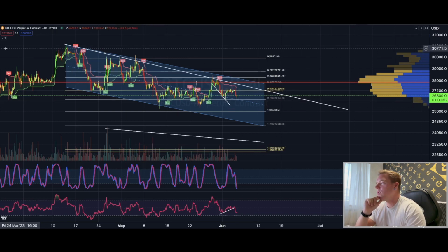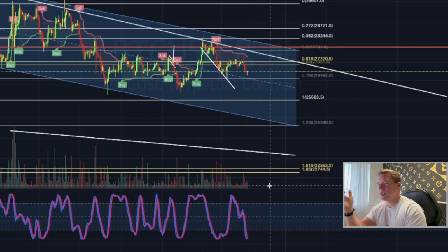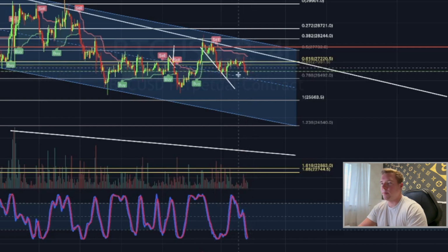So here also on this 4-hourly Bitcoin chart, now that you understand why Bitcoin was going down, we still have a lot of room to actually go higher here based on stochastic RSI, and also the fact that we are forming right now here a bottoming candlestick pattern. And if I would be trading this, like I said, I would wait for a break a little bit higher to